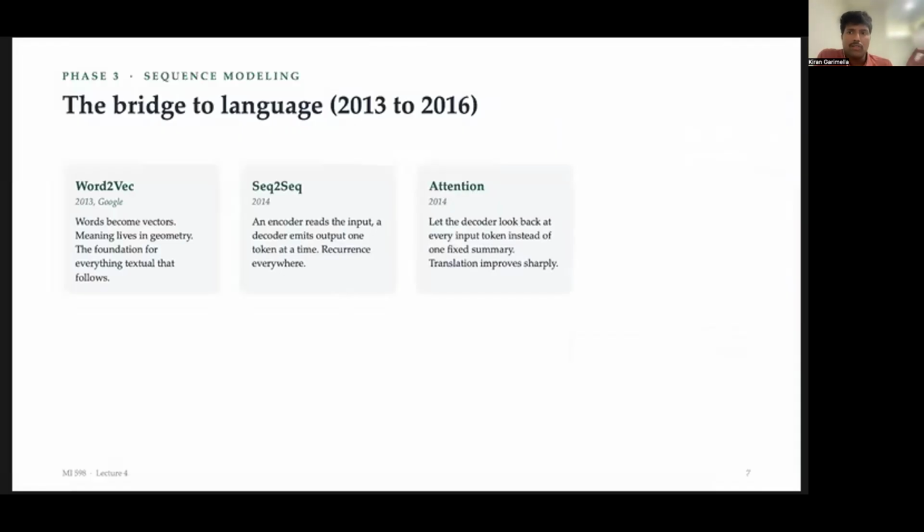Then there is attention, which, instead of taking a sequence and producing an output, automatically recognizes which words are more important. So this is called attention. And this attention was later used in transformers.